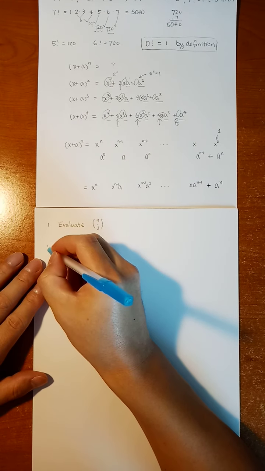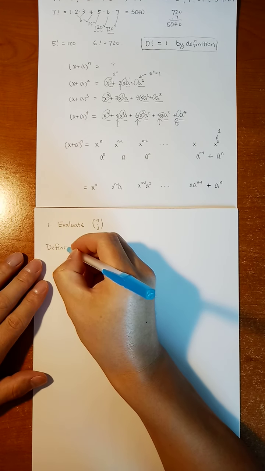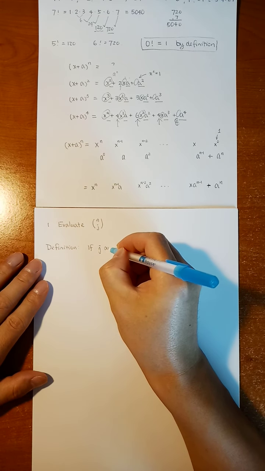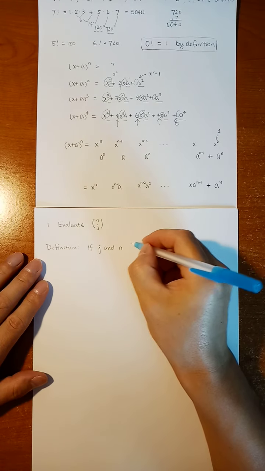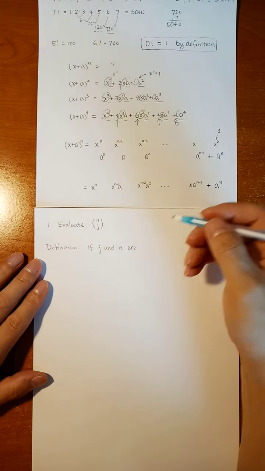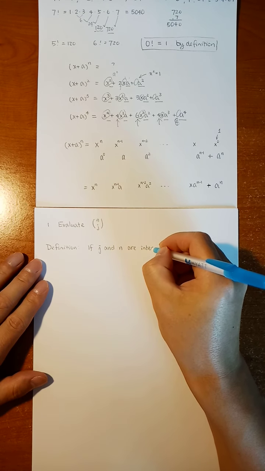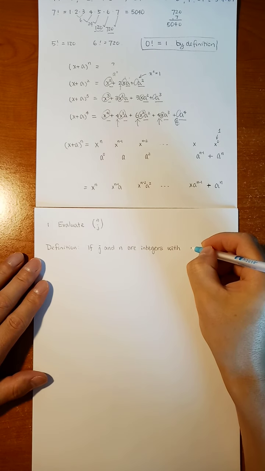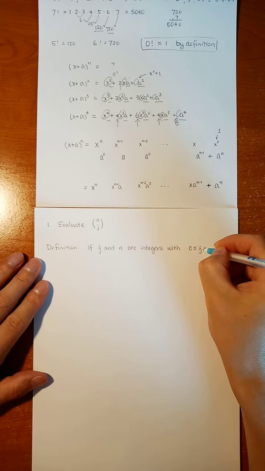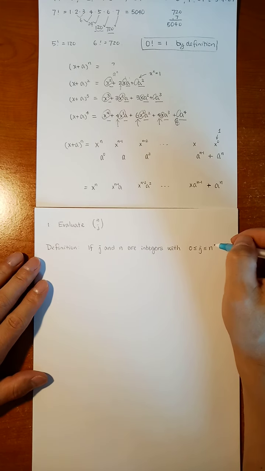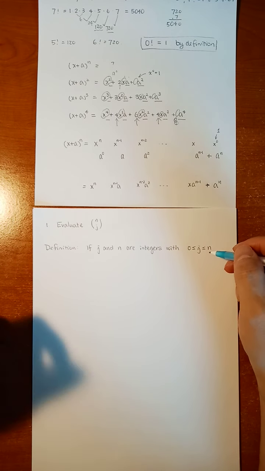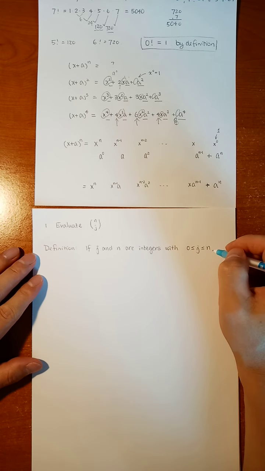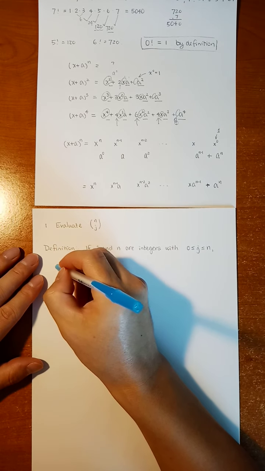We just say first we define if j and n are natural numbers or integers. We include the zeros, so we integers. With, see, 0 less than or equal to j less than or equal to n. So here this n has to be non-negative, j has to be also non-negative, and the j is not bigger than n. Okay, so for this pair we define